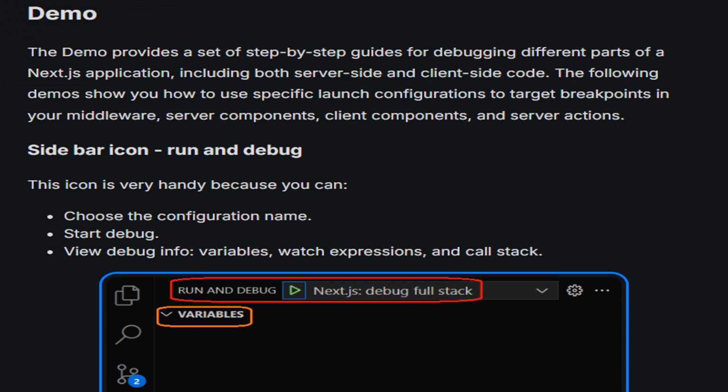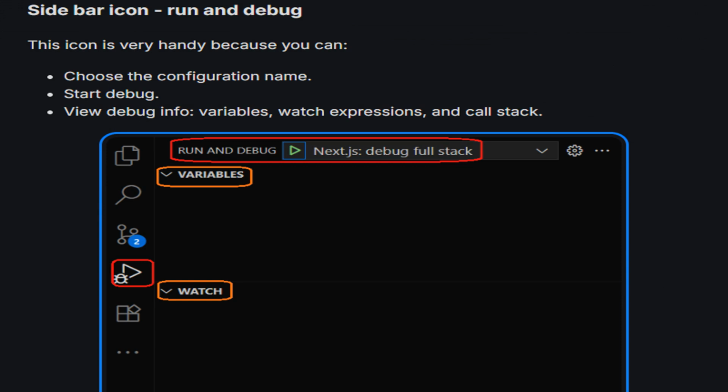The demo section offers guides for debugging various Next.js components through practical examples. It serves as a resource for users to effectively apply the configurations by providing structured walkthroughs for both server-side and client-side debugging. The Run and Debug sidebar icon enhances the debugging experience by allowing users to choose the desired configuration,